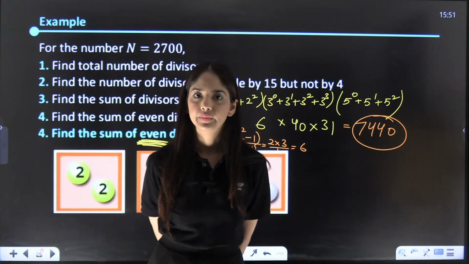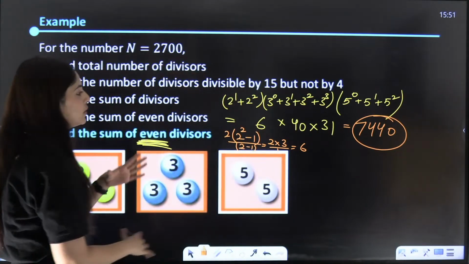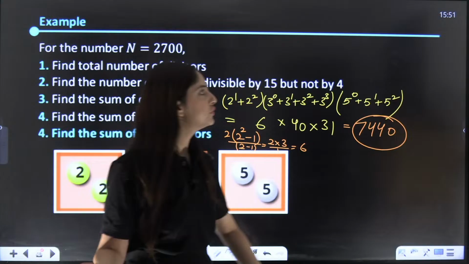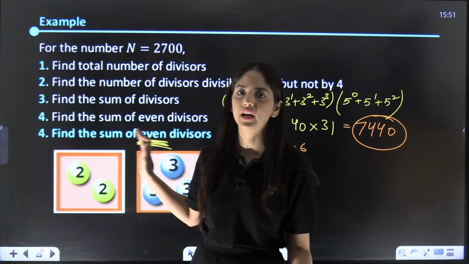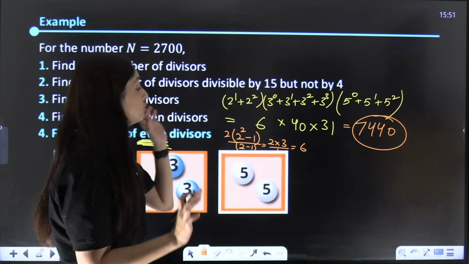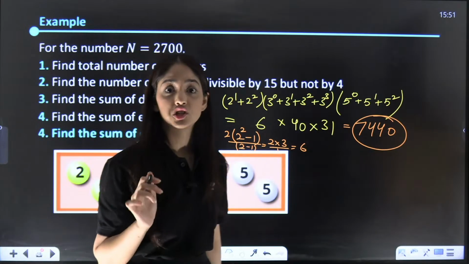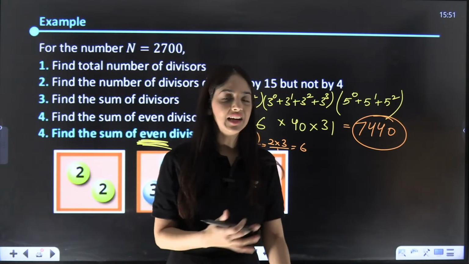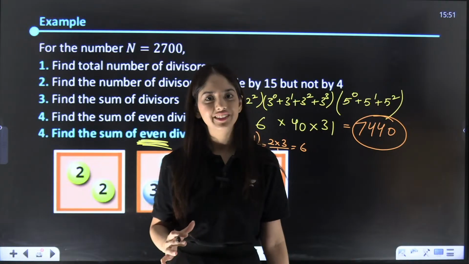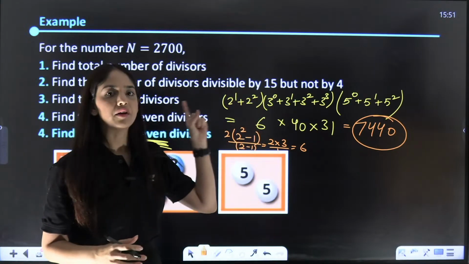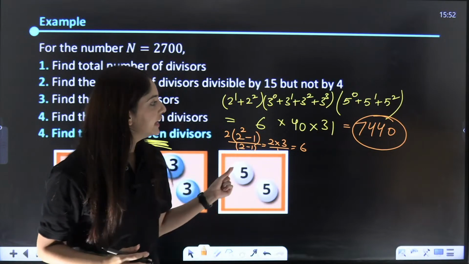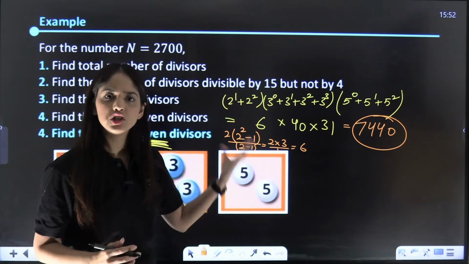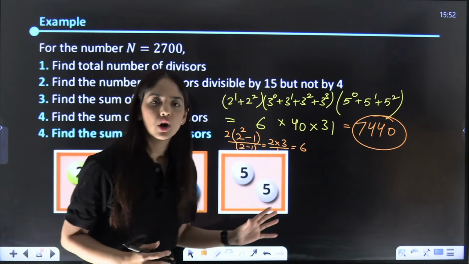Alright. So this is how we can manipulate the number of divisors, the sum of divisors. Whichever question we have, we can do it logically by first finding out the prime factorization correctly. If you mess that up, the rest of the problem will suffer, right? So first get the prime factorization correctly. Remember, it has to be all distinct prime numbers, and then just whichever condition is applied, make sure you're considering